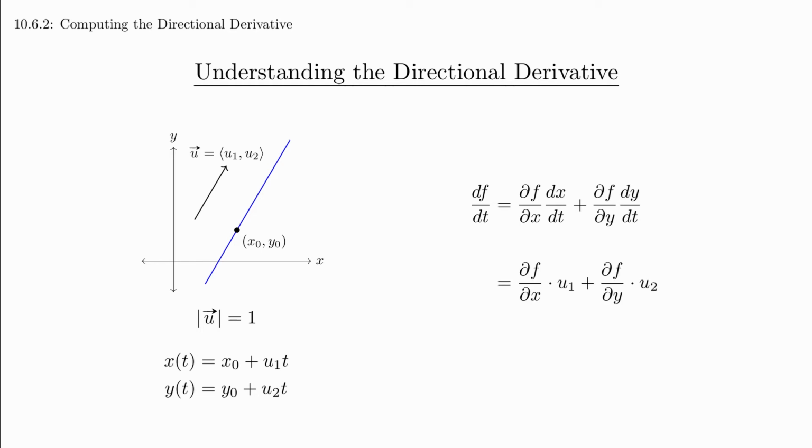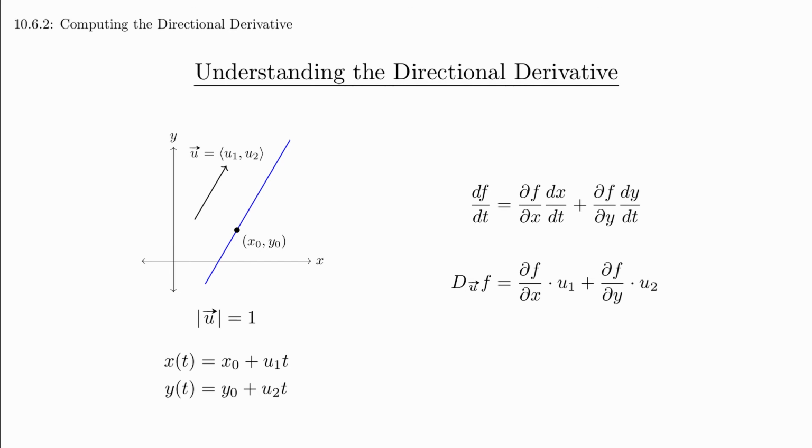It turns out that u being a unit vector means that we are moving along the line at unit speed, and this corresponds exactly to the directional derivative. The justification for this can be done algebraically, but it's more intuitive to observe that this concept of unit speed is what we use for partial derivatives in the x and y directions, and so this is the natural way to generalize it. Again, it's important that we are using a unit vector in this formula. If you are working on a problem where you aren't given a unit vector as the direction vector, you're going to have to divide it by its length to turn it into a unit vector before doing the calculation,